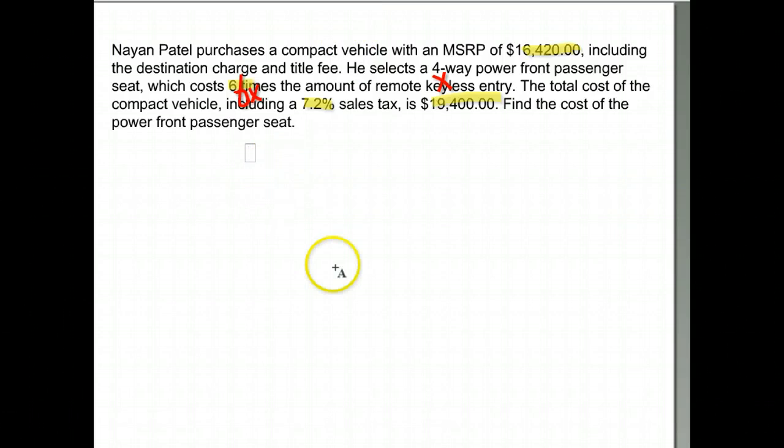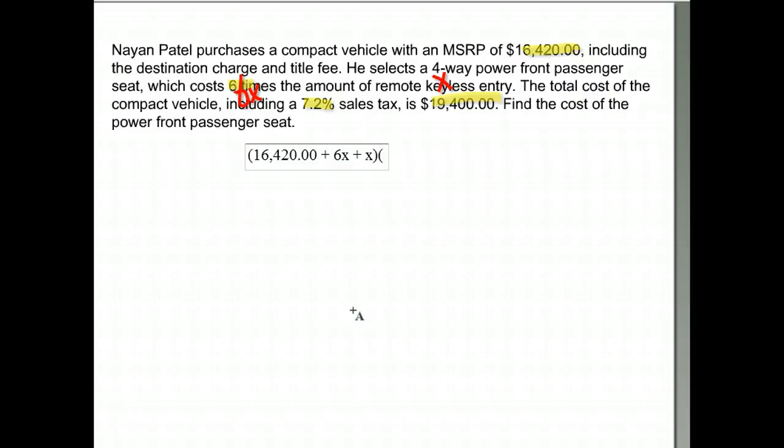Okay, so again, we start with our regular price of our car, $16,420. We add to that our options, so we had the 6x and the x because he got both of those. We multiply that by the amount of our tax. Our tax was 7.2%, so we move the decimal 2 places to the left,